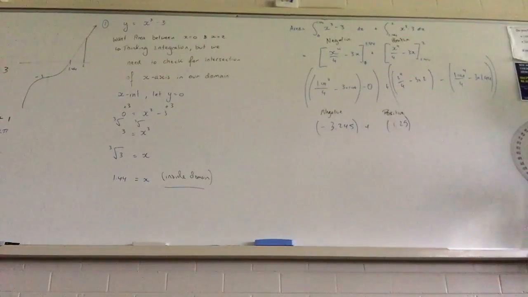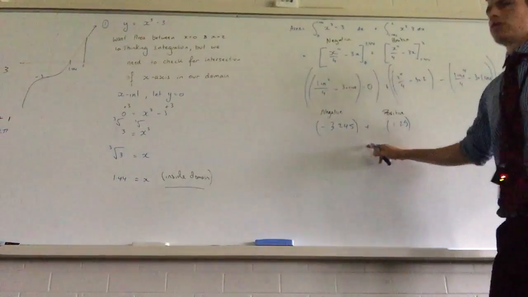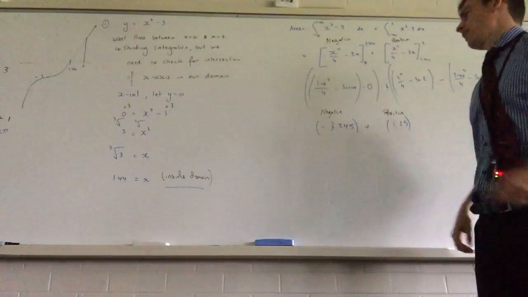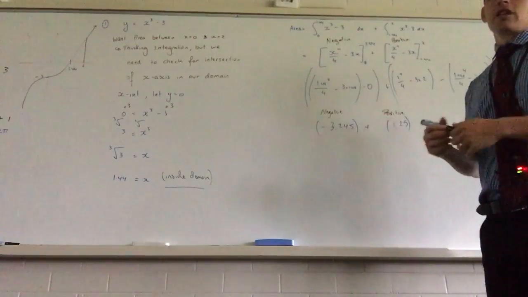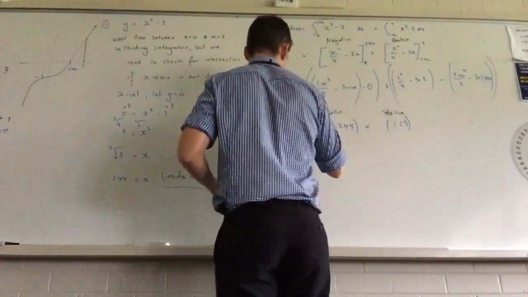It is going to be negative. So I've made a point. This is why I wanted to pull it up. What do you think I should do? What am I looking for? Do I want a negative area? So what am I really looking for? I want negative 3.245 to be positive. So how could I do that? Times by negative 1. Which would give me